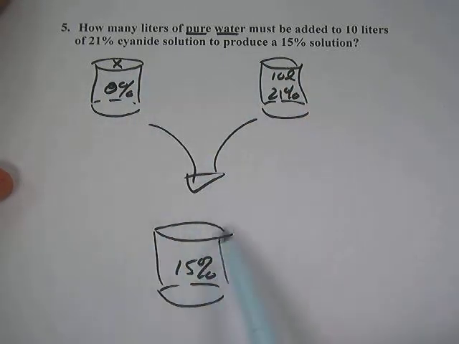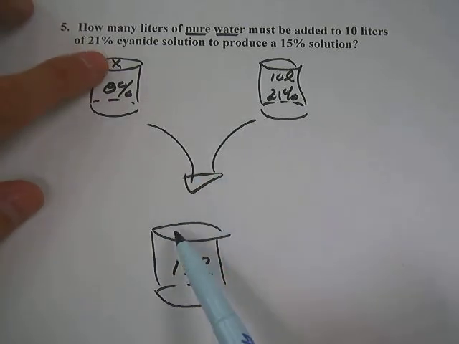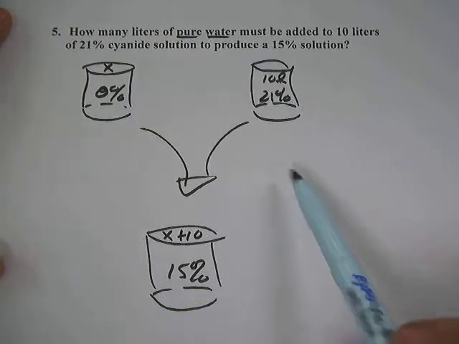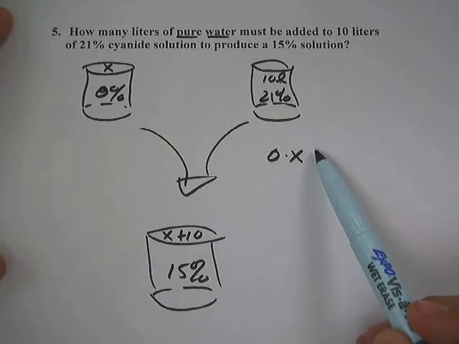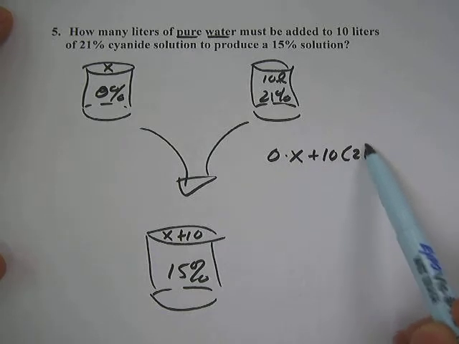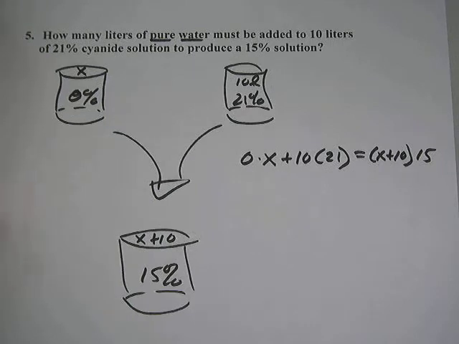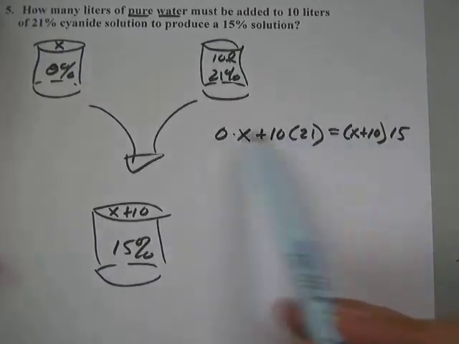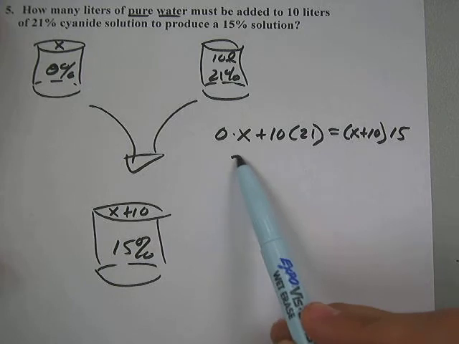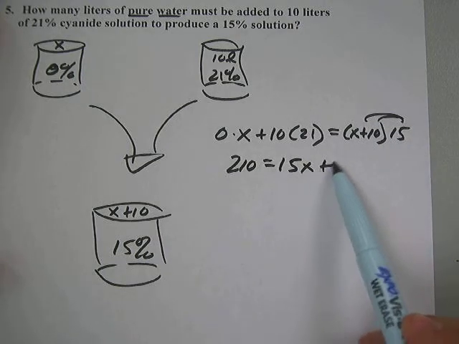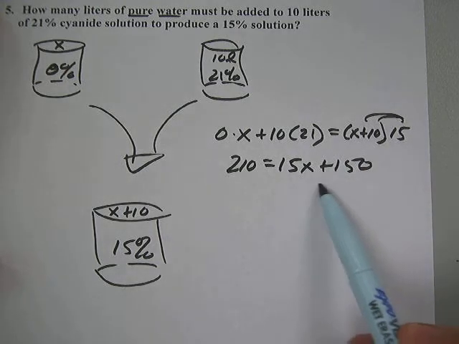So the question then becomes how much of this and how much of this? Well, we don't know. It says how many liters of pure water, so I'm going to call that X. Remember, if I dump all of this in here and all of this in here, then the total here better be this X plus this 10. So when I do my equation, it will be 0 times X plus 10 times 21 equals X plus 10